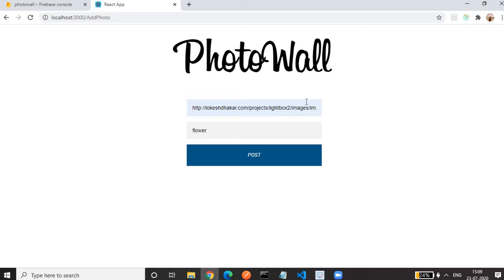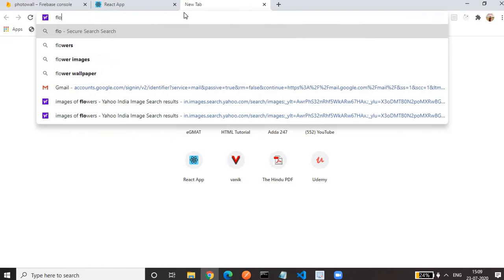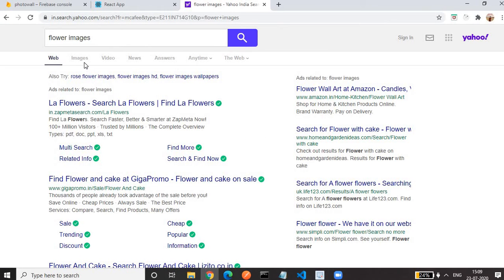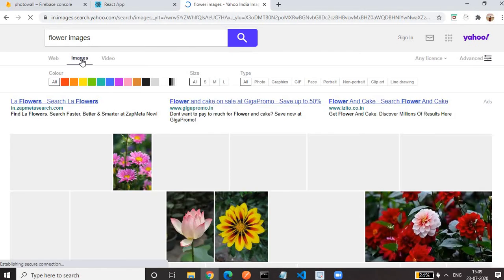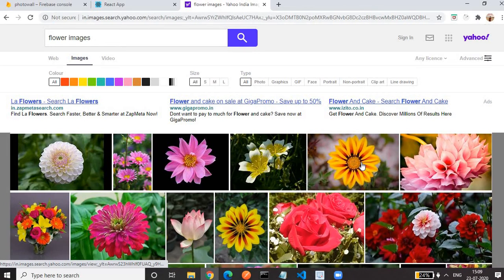This is the URL that I have taken from Google. So I will type flower images. I will take a beautiful flower image so that our website looks good. So which one will I take? This flower. Let it be.